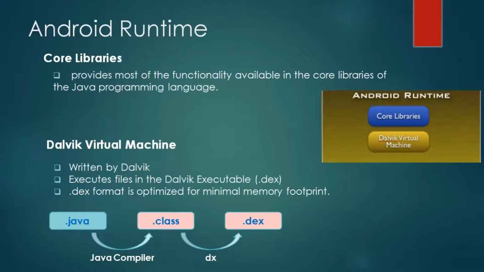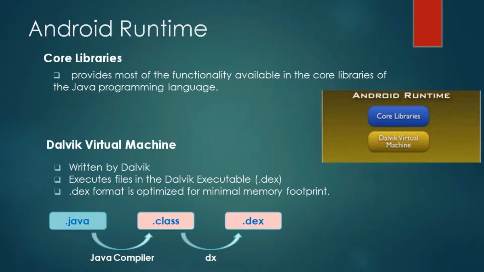At the same layer, we have Android runtime. We call that ART, which includes the core libraries of Java along with the Dalvik virtual machine. These core libraries of Java include the java.io package, java.net package, and java.util package, where we use the Java programming language for our application development. The Dalvik virtual machine is named after the person called Dalvik who invented it, and it acts like the JVM, the Java Virtual Machine, which converts .java files into .class files.